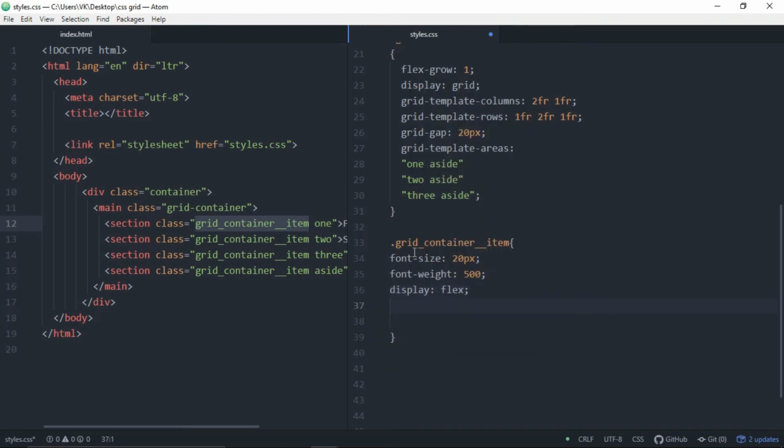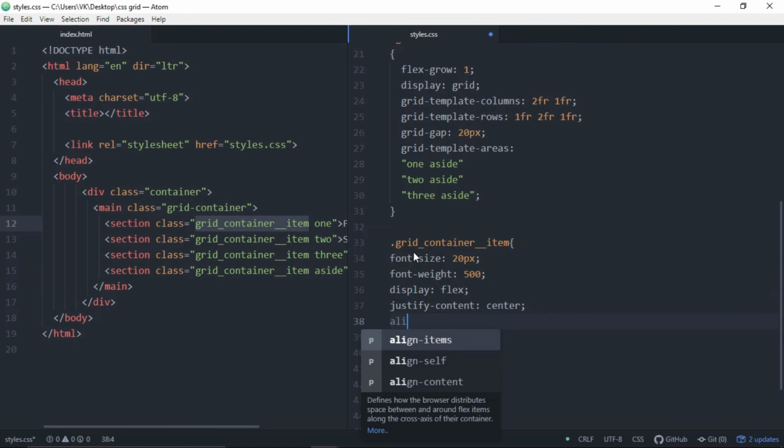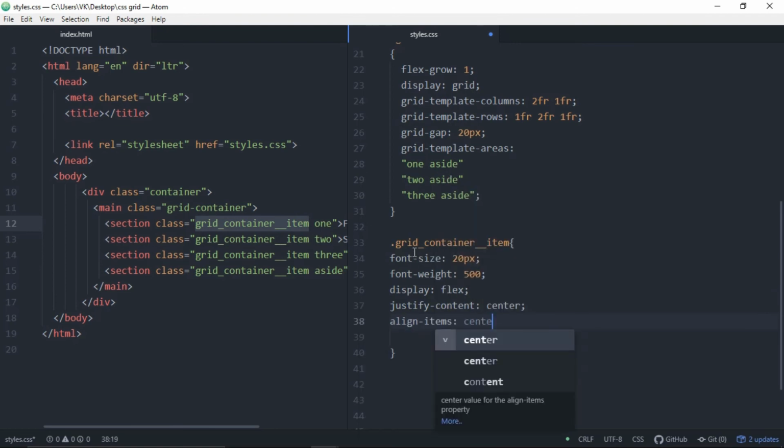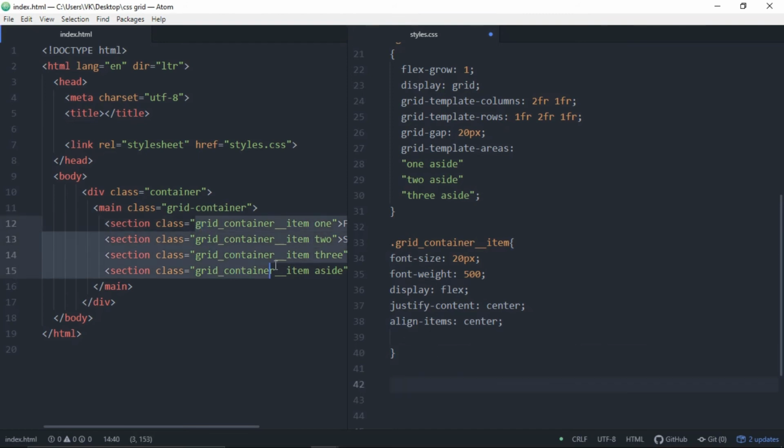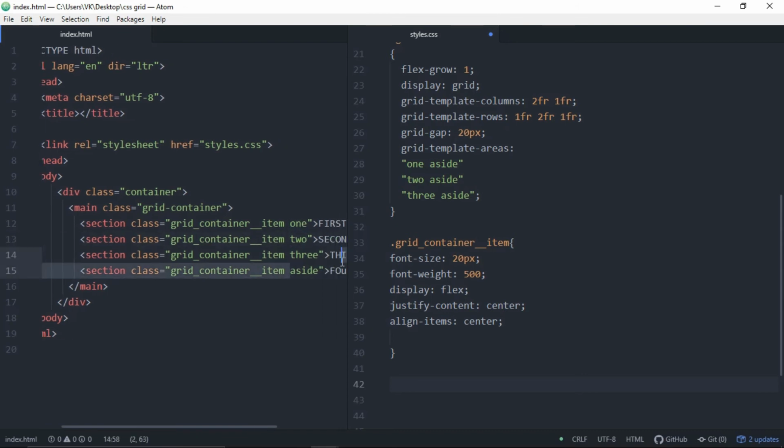Display will be flex. Justify content as center, to align the items in the center. And we have this grid 1, 2, 3 and aside.